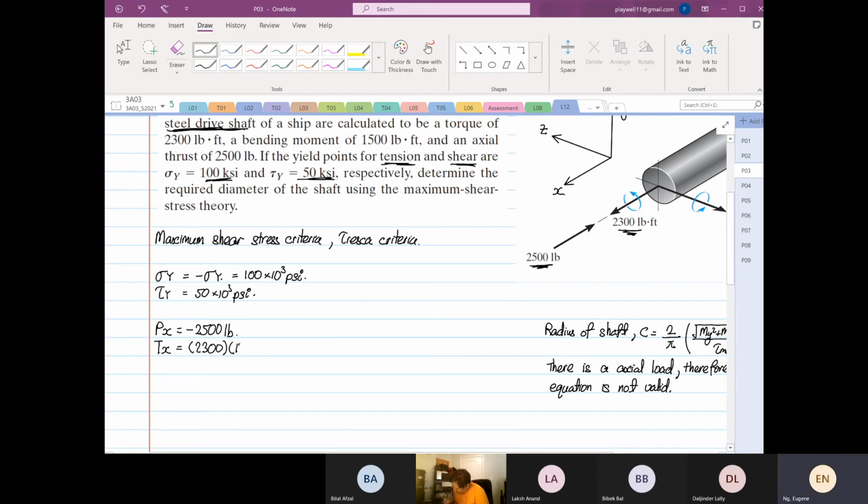Then we have to multiply by 12. Why multiply by 12? Because we have to change everything into inches. Because why everything in inches? Because our stresses are in pounds per square what? Inch. Okay, so 2300, so it's 27600